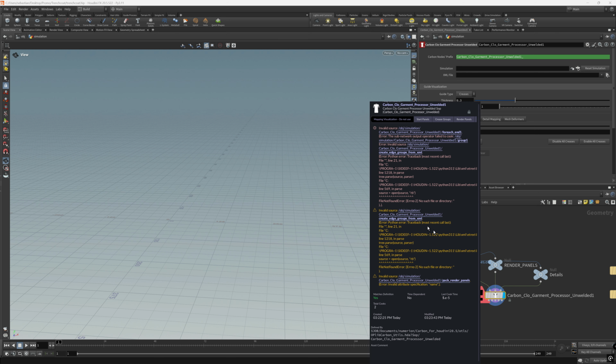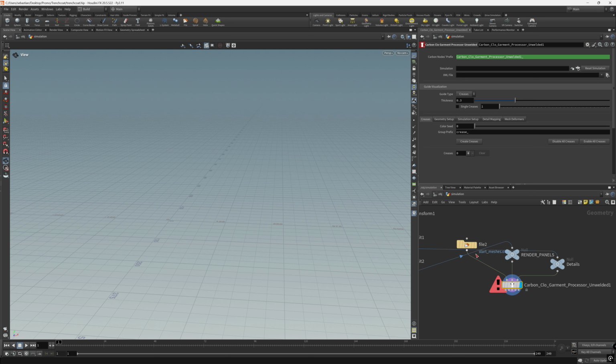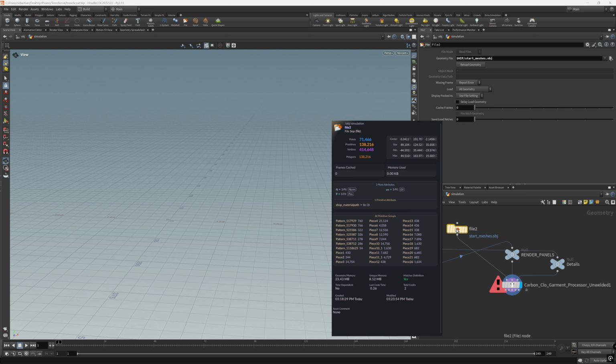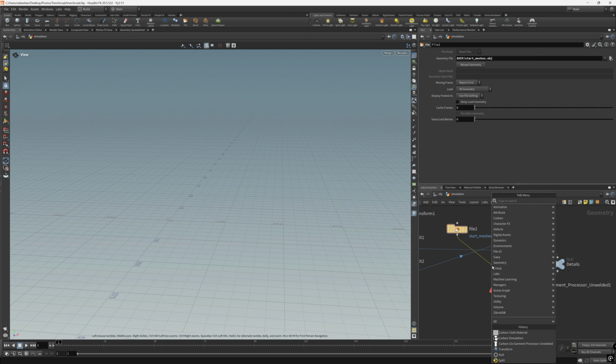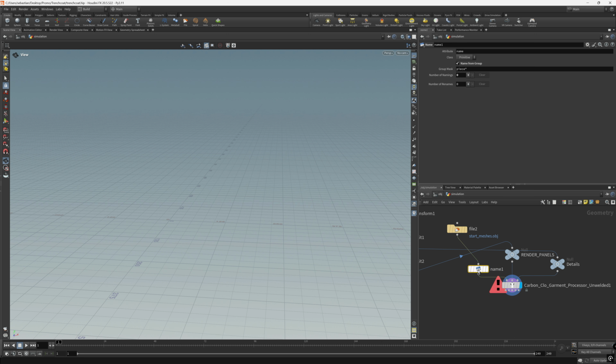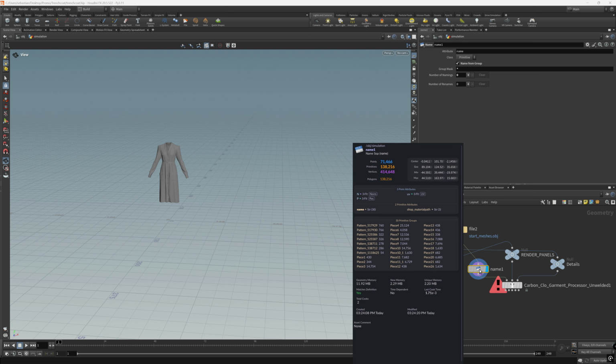This looks very cryptic when you see all of the stuff, but you're going to see something saying Python. So this error message comes up when you don't have a name attribute on your start mesh. We don't. You can see there's no primitive name attribute, but we can create one from the primitive groups. So there's a simple node called name from groups. Perfect. We just want to change the group mask to a star, take it all. And now if we put our blue flag on this, we can see there's a name attribute of 30 unique